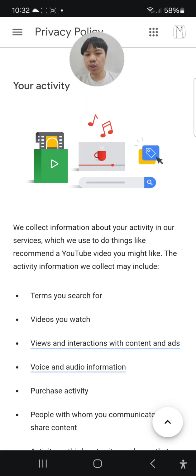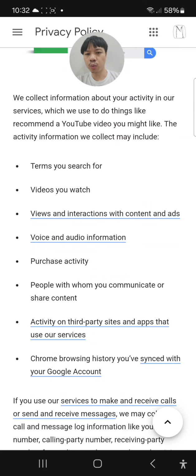The activity information we collect may include terms you search for, videos you watch, views and interactions with content and ads, voice and audio information, purchase activity, people with whom you communicate or share content.